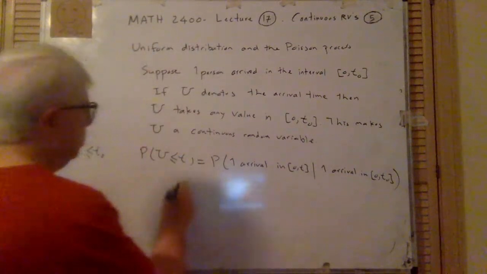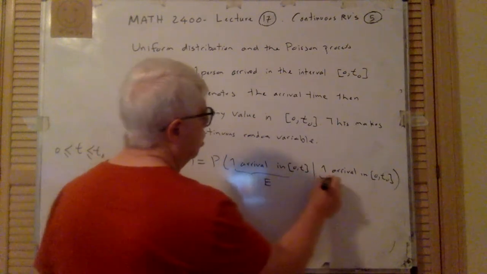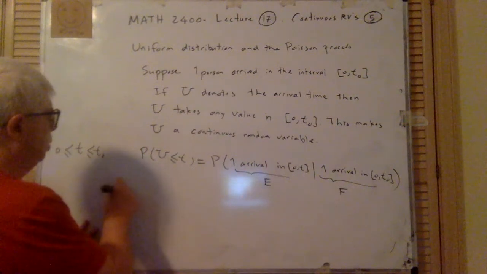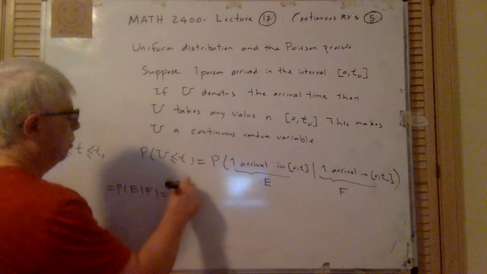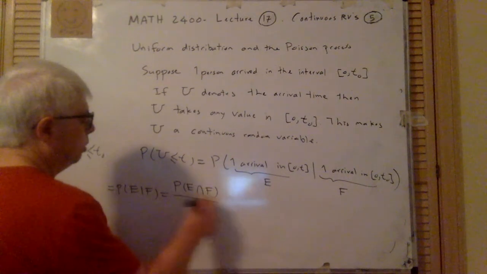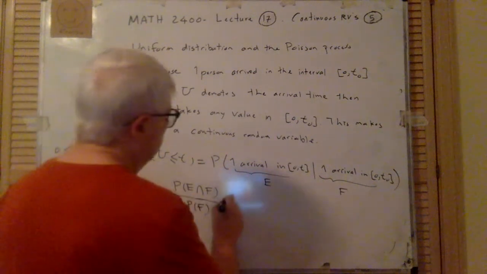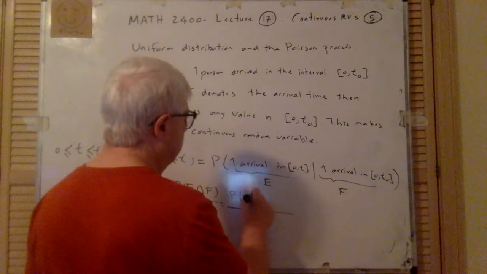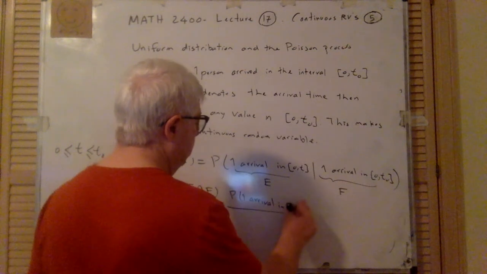Right? So this is one event. This is another event, remember? So we are trying to find P of E given F. Remember that formula, P of E and F divided by P of F. So that is P of exactly 1 arrival in 0 to t,